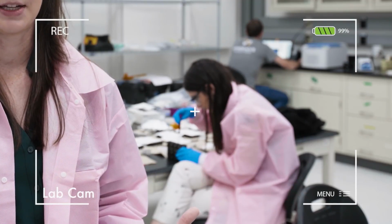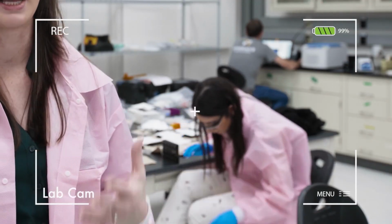We're excited to see what kind of data we collect from this first project. Any sort of data we get is going to be brand new information for us and for...